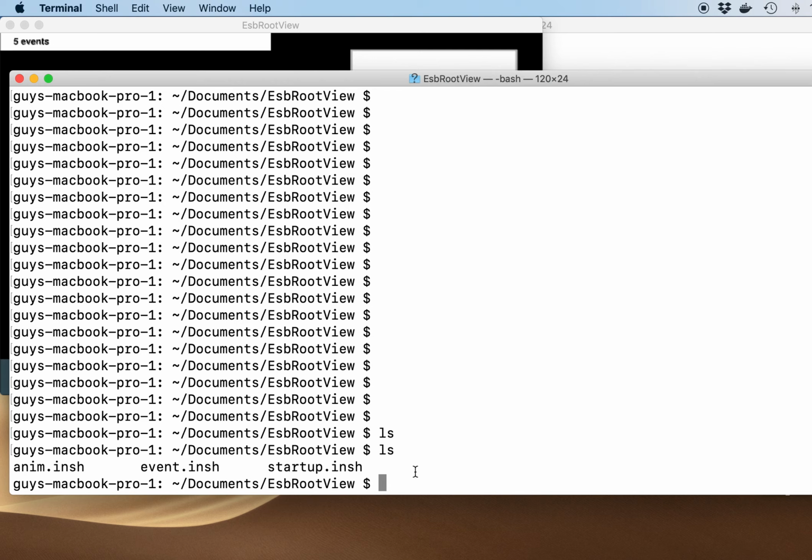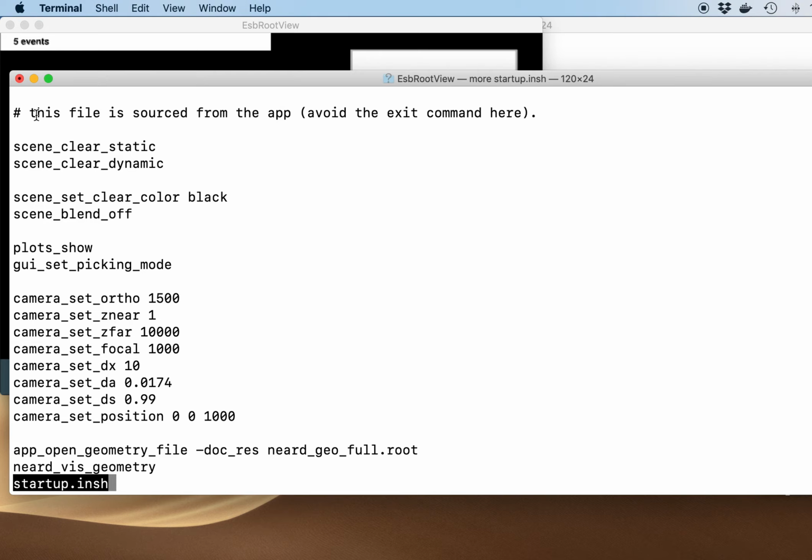These files have the syntax of a Bourne shell script. If you look at that, you can recognize the comments with the hash, and okay, you have commands here.